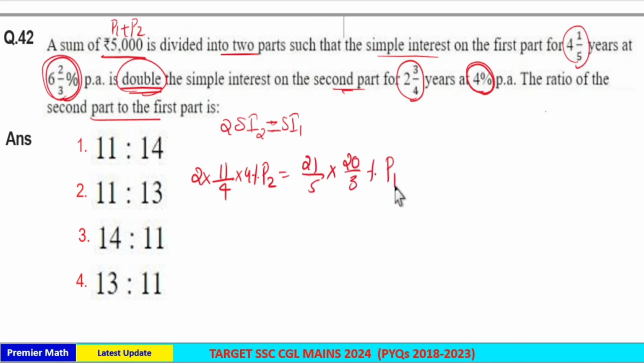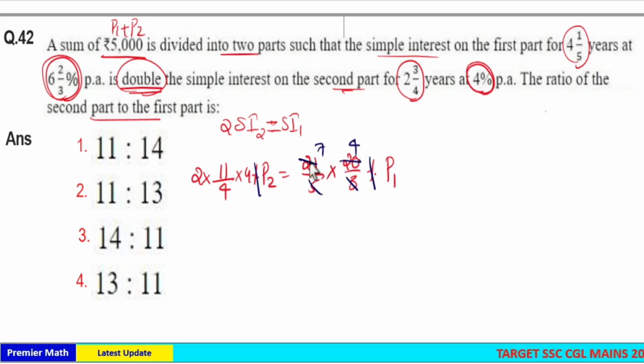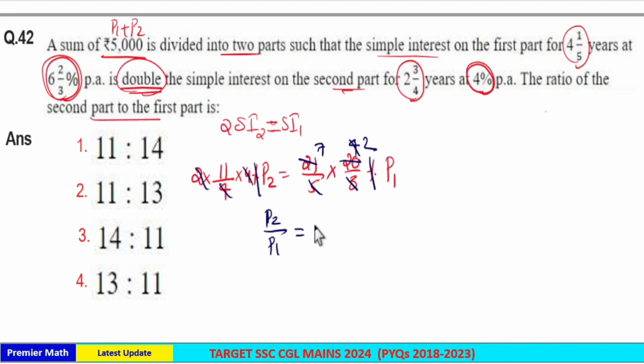Here principal is P1. Now if you take the ratio, percentage and percentage cancel. 5 goes 4 times in 20, 3 goes 7 times in 21. 2 goes 2 times in 4, 4 and 4 cancel. Now P2 by P1 is equal to 14 by 11. 14 by 7 into 2 is 14, 14 by 11. So option